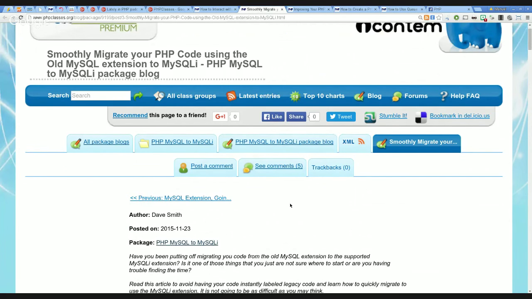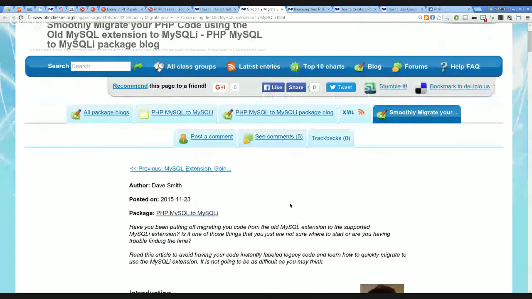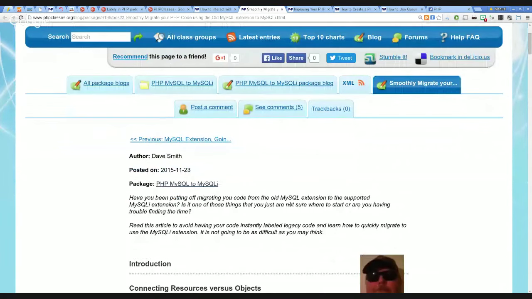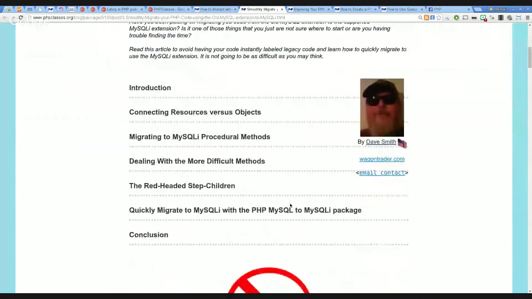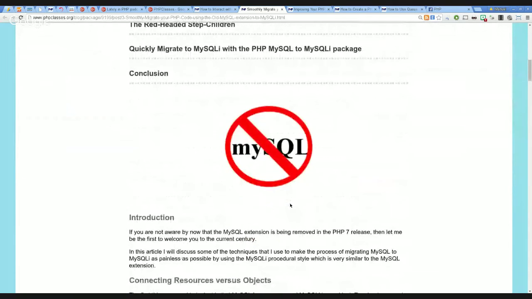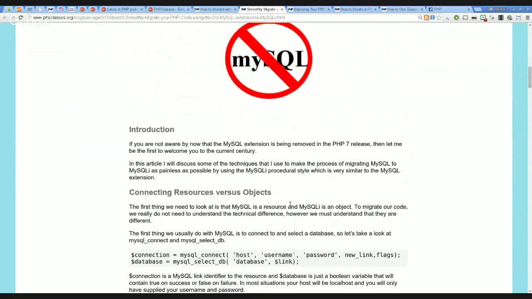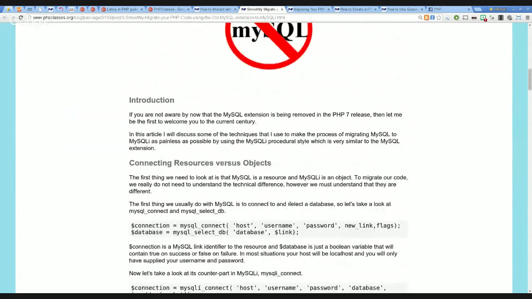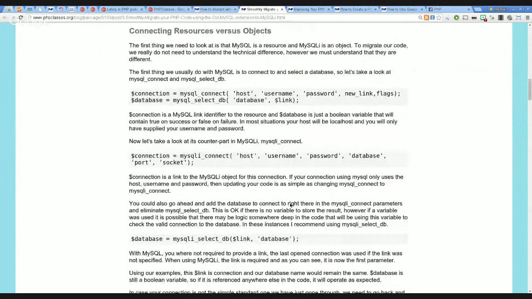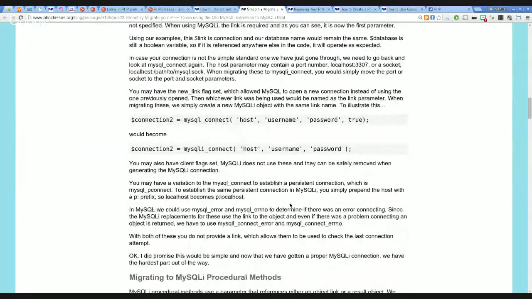It is available in the PECL repository, but nobody is encouraging you to use it. So you have to migrate your code. Basically, it talks about what the differences are. It is not just a matter of adding an I to the MySQL calls. This article describes the differences